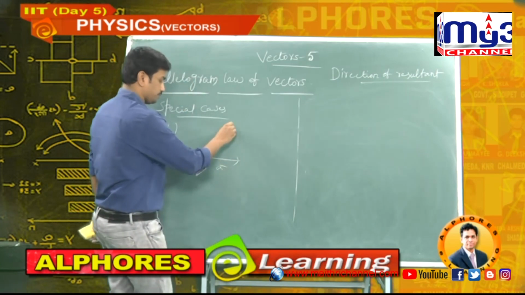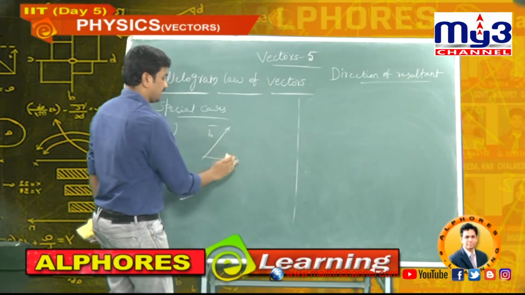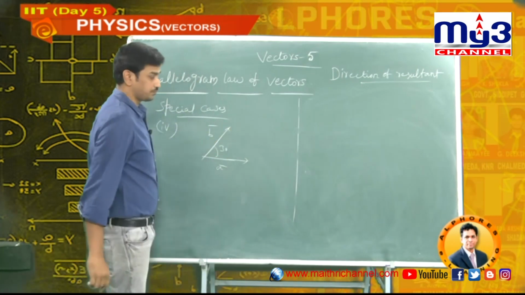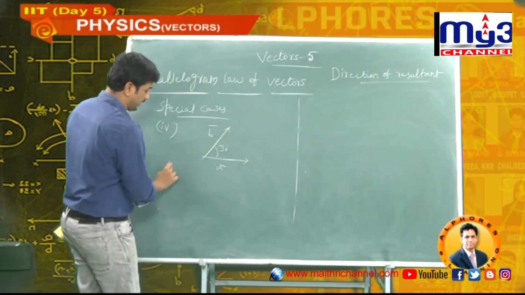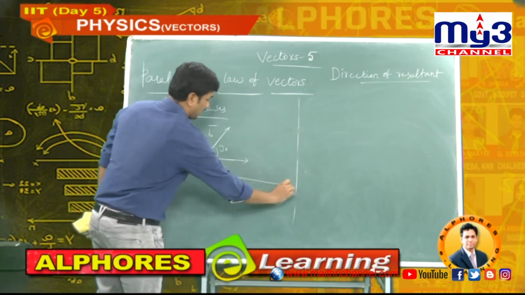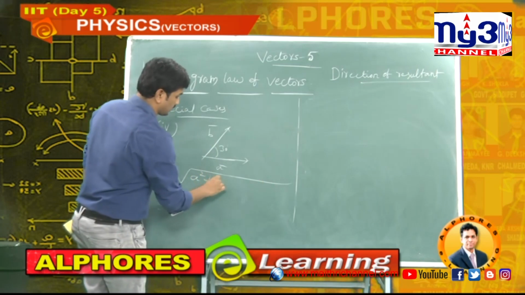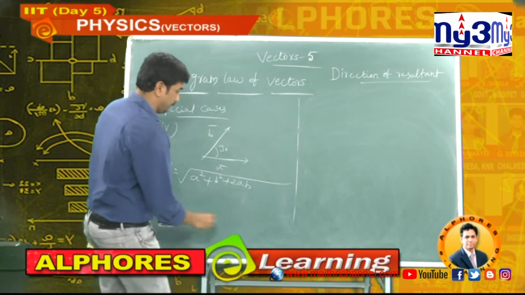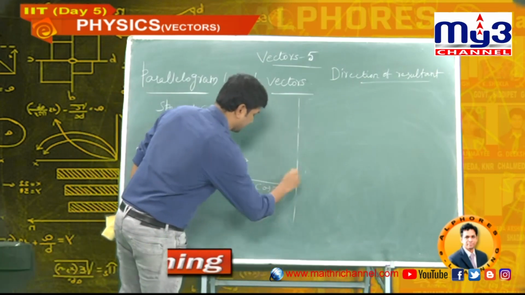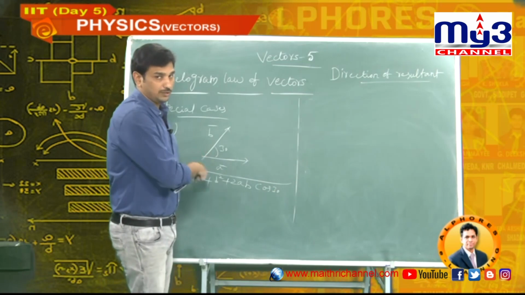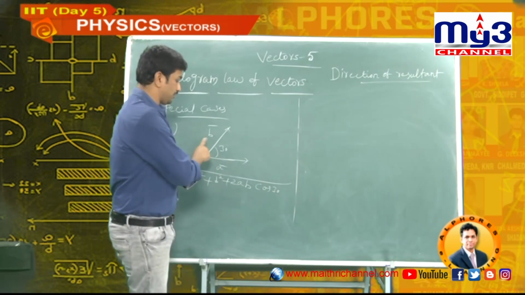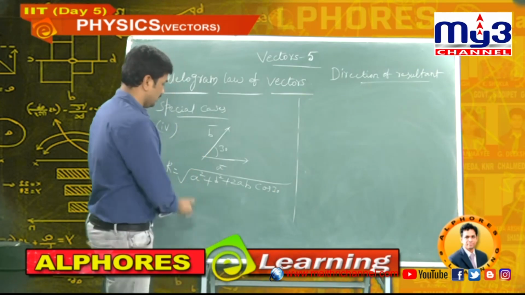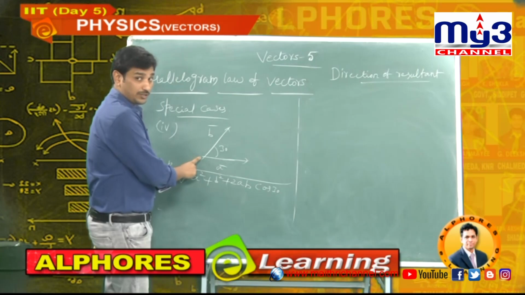A bar, B bar, let you take 30 degrees. Now directly you can apply. What is the resultant? Under root of A square plus B square plus 2AB into cos 30. Now why am I doing this many? Because after explaining 3 or 4, you should do it with your pen and book. You should try. Understood my point?